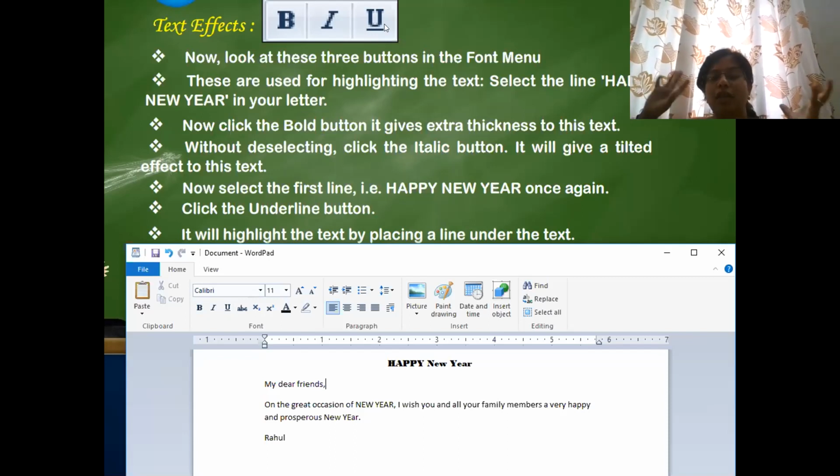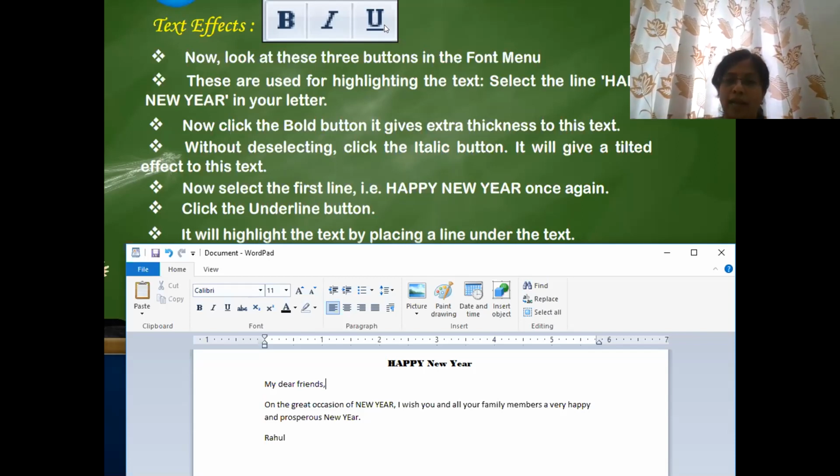Whenever we write our chapter name, we write it in big bold letters, right? Whenever we are writing any title, like essay writing and all, we use a bigger size. Normally you write in small letters starting from the left side. Whenever you're writing any title in the center, we write it in a little bigger size, correct? So why? So that we can highlight it.